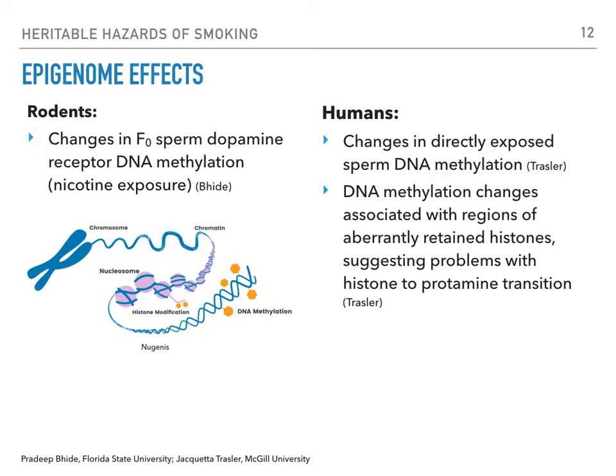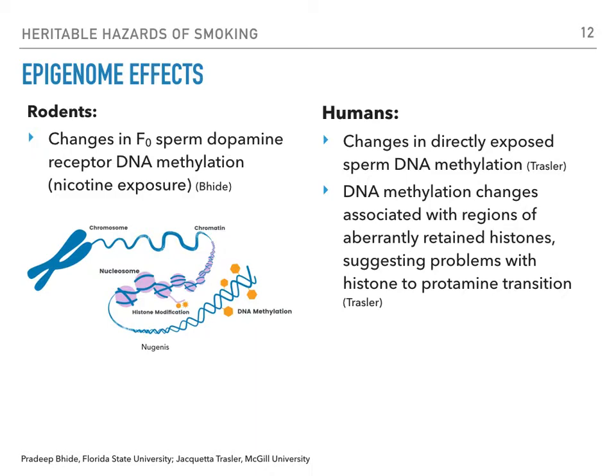changes in DNA methylation in the sperm of the directly exposed fathers, which was specifically linked to the promoter of the dopamine receptor, and they did see further changes in the offspring in terms of dopamine receptor expression of mRNA in the F1, I believe. I'm focusing specifically on directly the germ cells and not any of the somatic DNA methylation changes, just because there are also downstream effects that have been documented in the somatic tissues, but just as far as the immediate germ cell changes themselves,